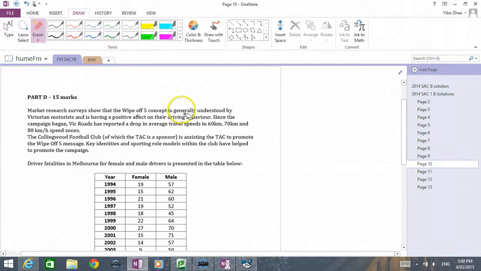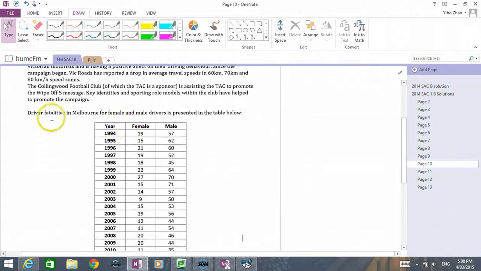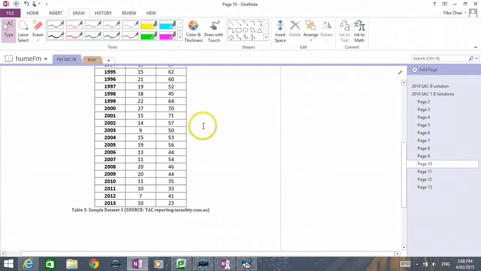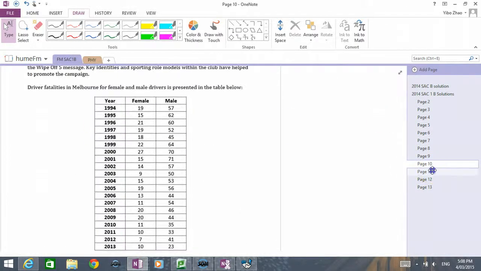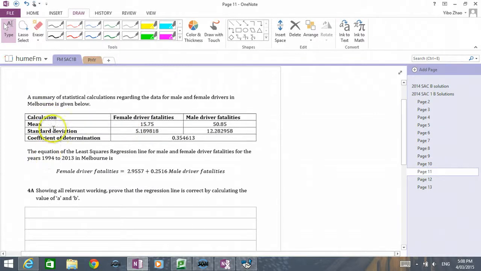Okay, now let's look at question D. For question D, I have data, the data of the fatalities in Melbourne for female and male drivers. Then I go to the next page. The next page, I have all these data,